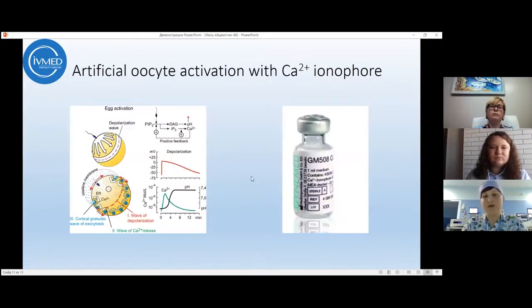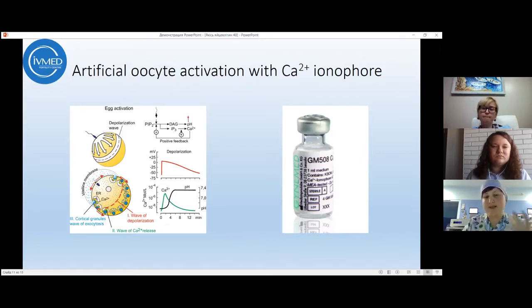Also in our laboratory we can do artificial oocyte activation with calcium ionophore. Why are we doing this procedure? After sperm fertilizes the egg, an electric signal, like an electric wave, starts to develop on the egg membrane, and